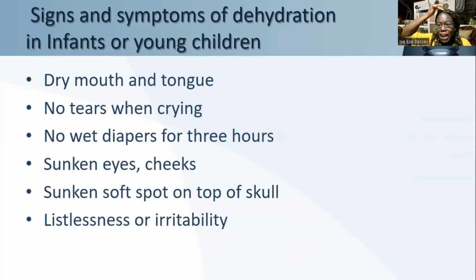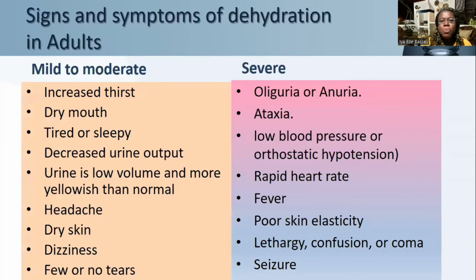So when the child is dehydrated, instead of that place just being soft, it becomes like a small crater, like a small pothole. That sunken soft spot on the top of the skull is called the fontanelle. All right, so it becomes sunken, and then they may cry a lot, they may look very weak, and everything irritates them. Okay, for adults,